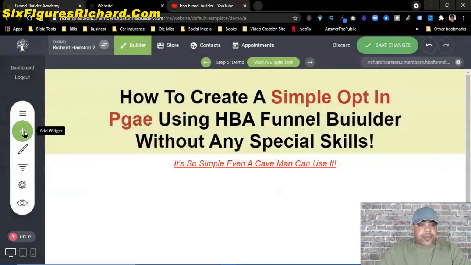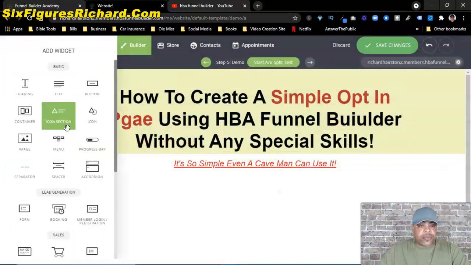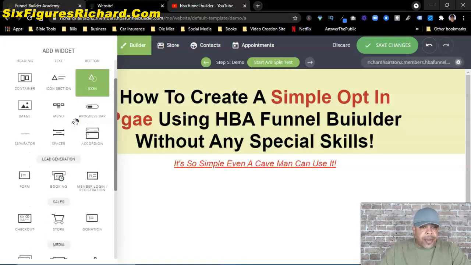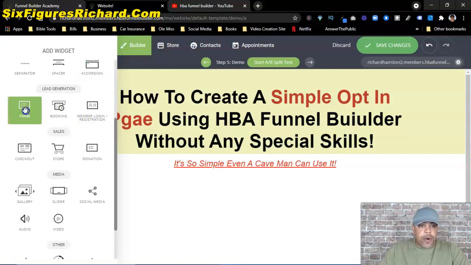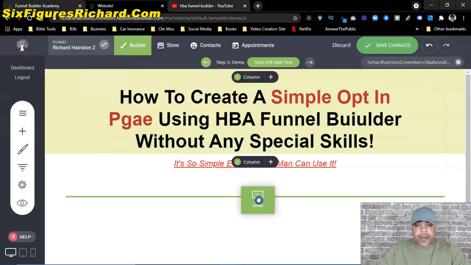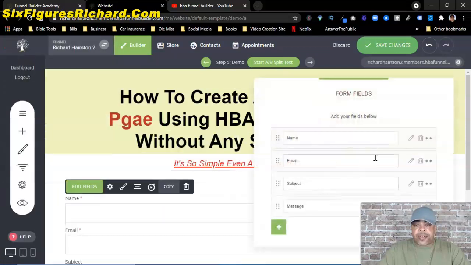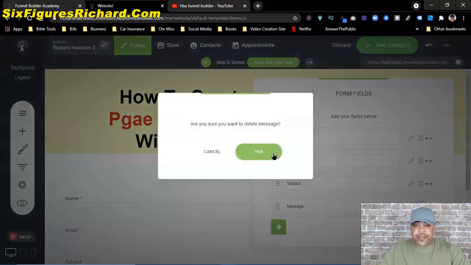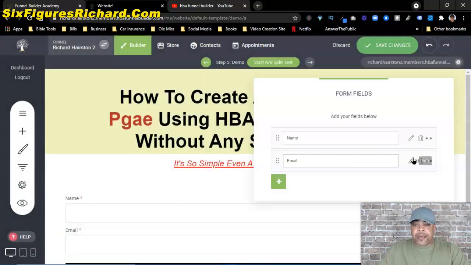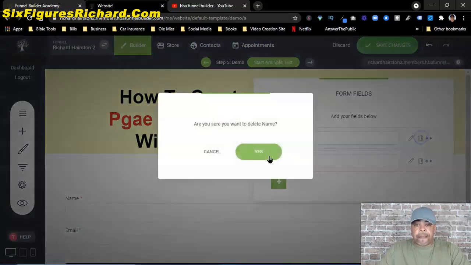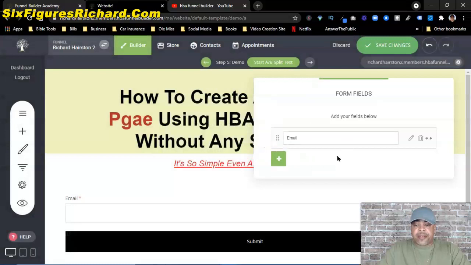This time I'm going to come to the add widgets section, and I'm going to scroll down until I see, you can just drag a simple button over there, but I want to find a form. I'm going to drag this form in here. I'm going to drop it there, and as you see, this field opens up. So I'm going to delete the messages. I'm going to delete the subject. I'm going to delete the name. And now I have just a simple